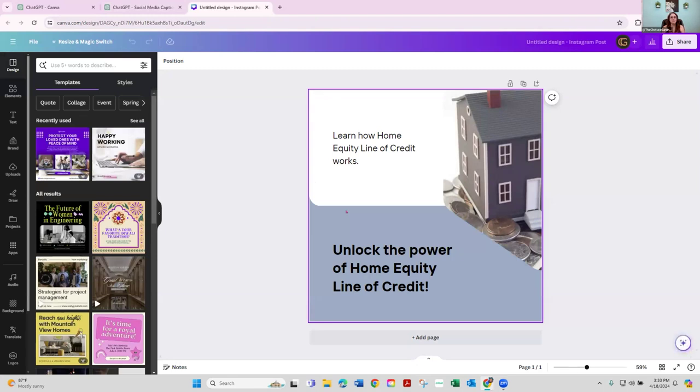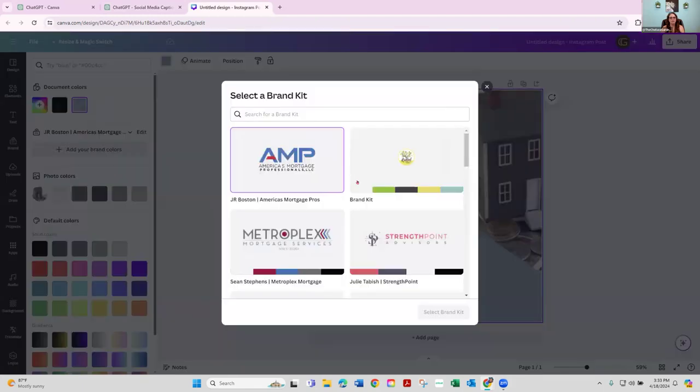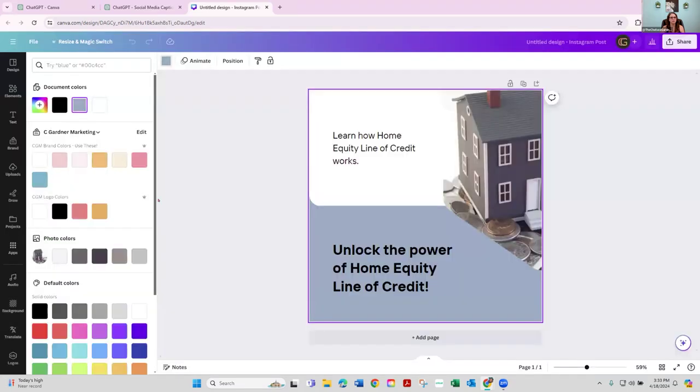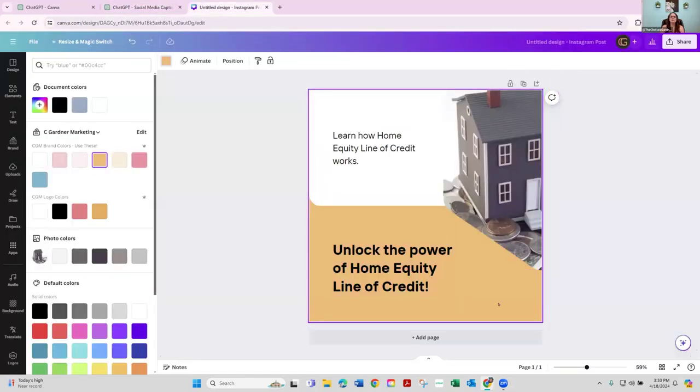And so now I can come in here and I can be like, okay, well, my graphics are, let me open up my brand kit here. My colors are pink, right? So now I can easily come in here and edit my own graphic. It did the work for me. So it did a nice little layout and I'm opening it, but I'm just putting in my colors.